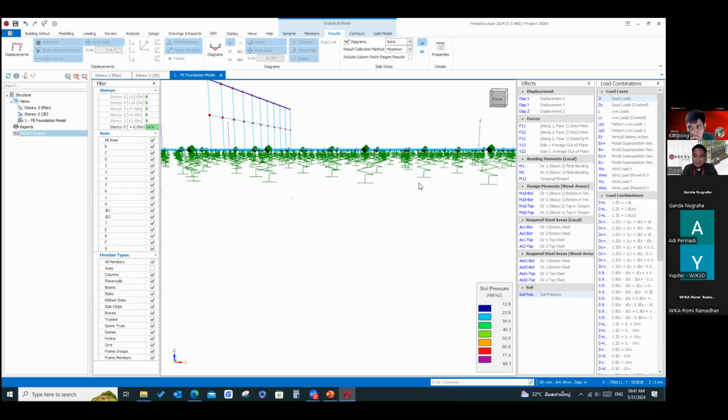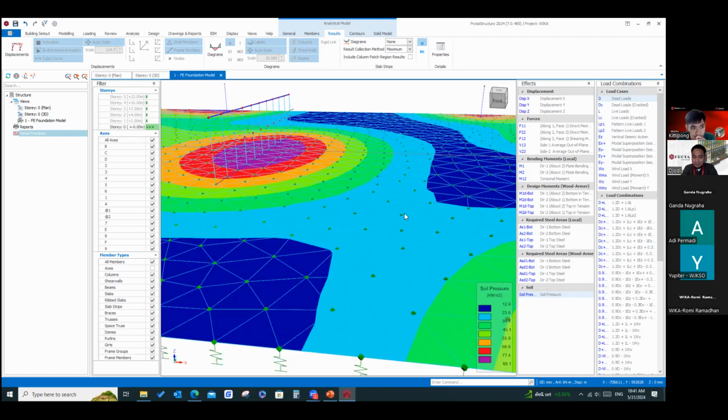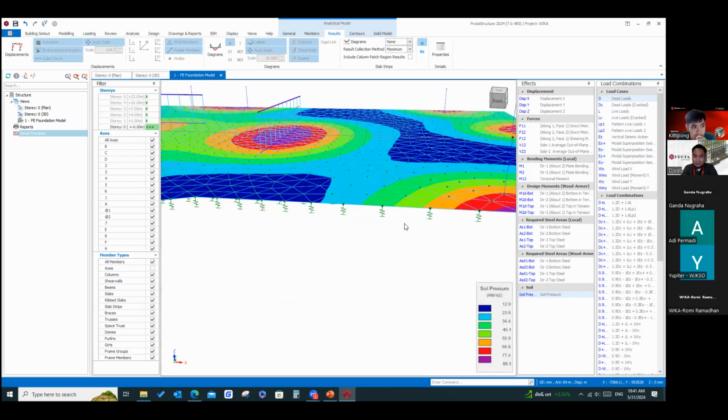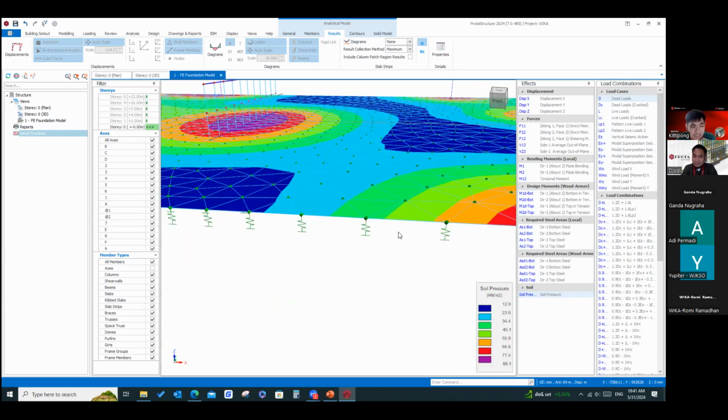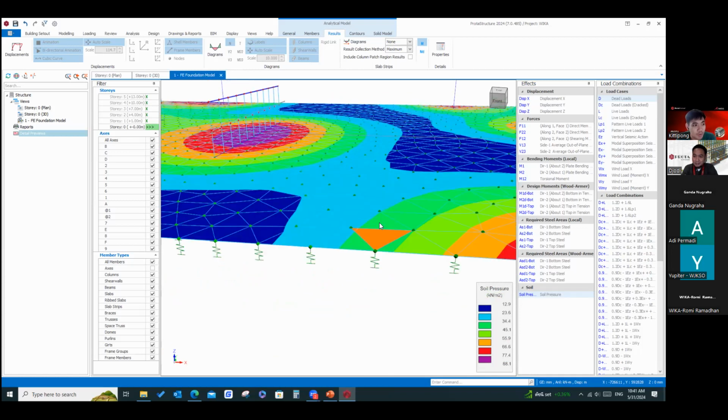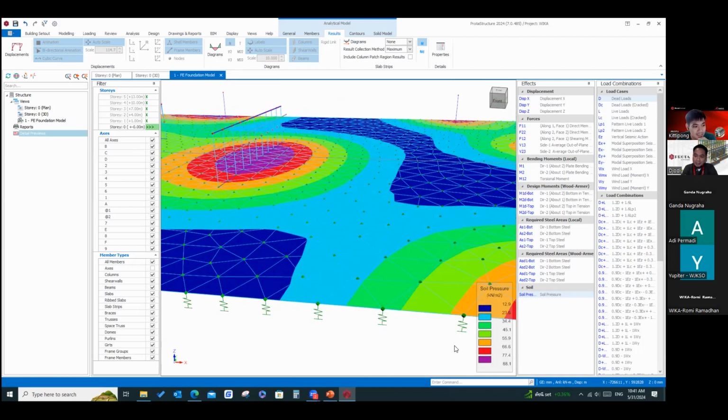Kitipong, regarding the questions, how we can define the distance for each spring support, manually or automatically based on the software? It's standard, automatically from the software. Can we adjust it manually?